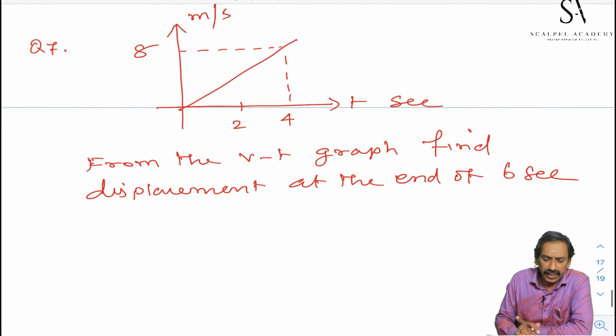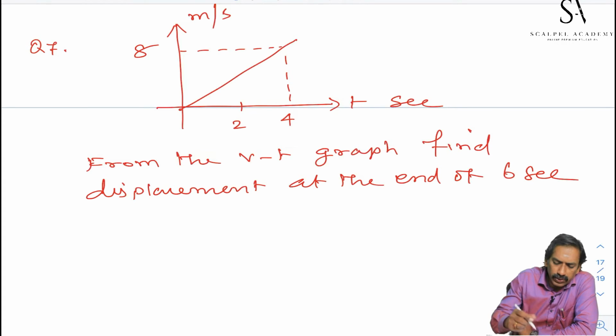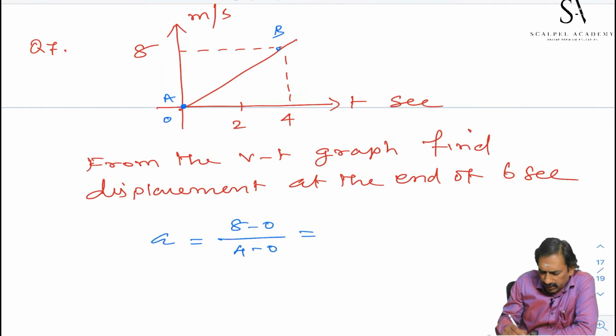Student, velocity is not constant. Velocity is a function of time. You can get an equation for velocity as a function of time. Let us calculate the slope. What is the slope of this graph? Slope is equal to acceleration. This point I take as origin and this point B. Slope is equal to 8 minus 0 divided by 4 minus 0, that is equal to 2